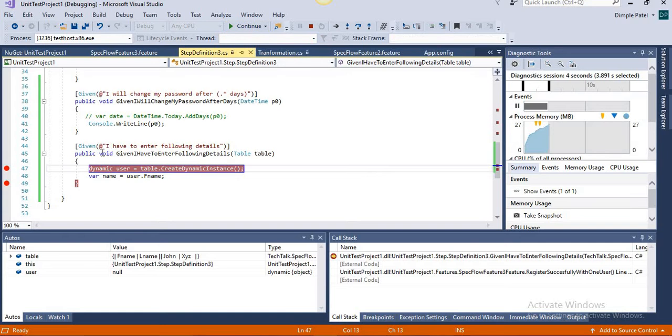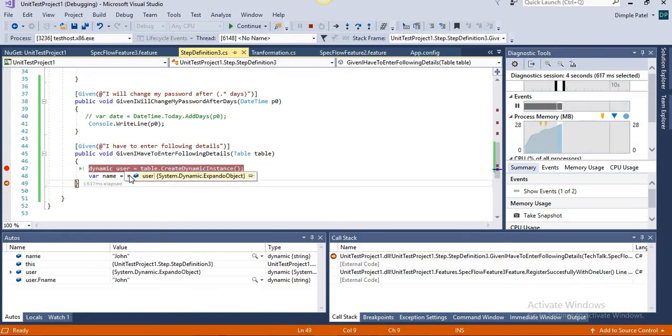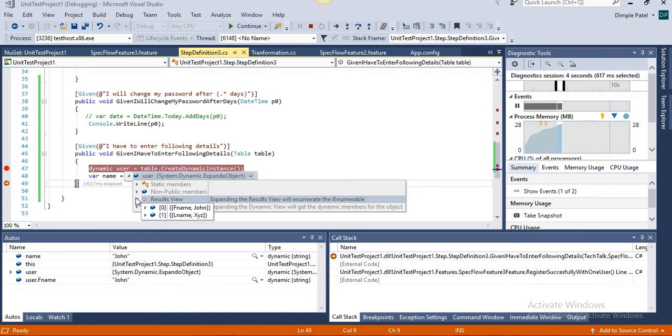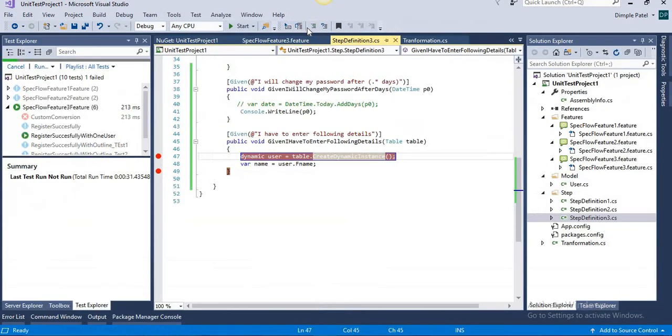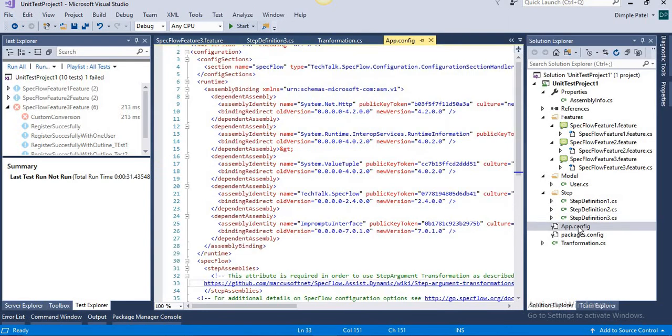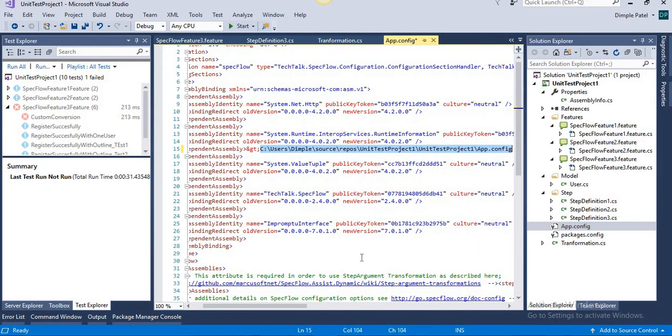So continue. So in user, you can see here we get the value as John and XYZ, and in name we are getting John. So it's one and the same thing. If you don't have multiple values, then you can directly use this structure. Create dynamic instance is also a very useful method for the table, but this will be possible to access only if you have added